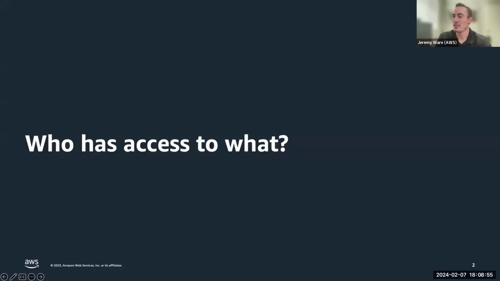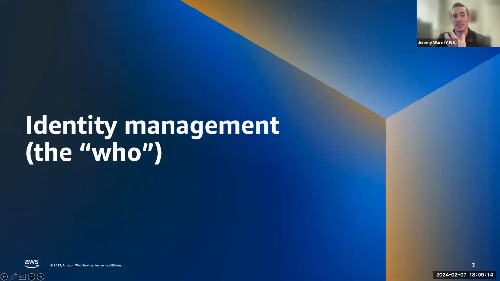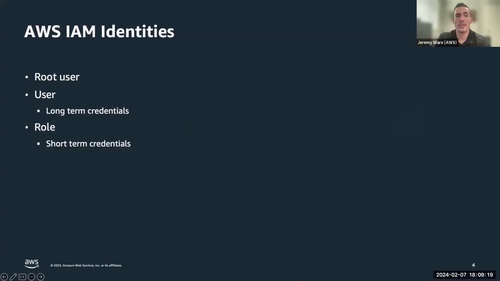All right. So the most important question we all get asked by every auditor is who has access to what? And the hardest thing to prove, especially in AWS to date, is who has access to what. So the job of AWS IAM is to control who actually has what access. When we start looking into the who, we're going to break this out into parts. What we're really talking about is the IAM identity or the calling principal that's created in AWS.